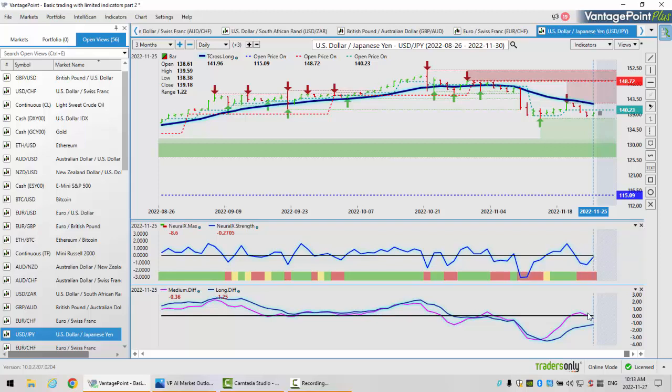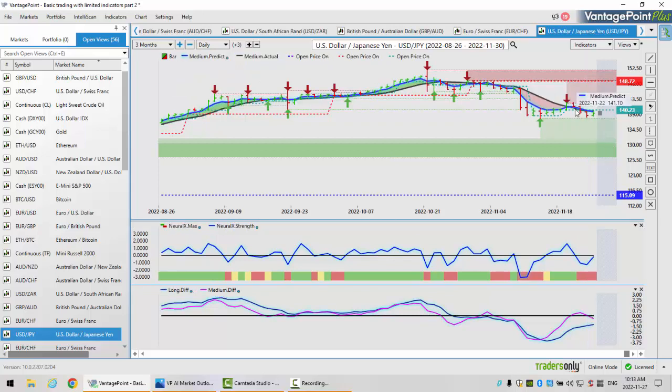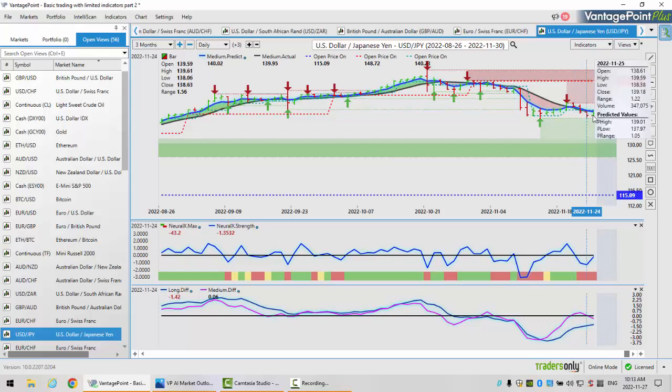My concern is that we moved higher here. Again, if we click on our F7 in our software, we've had a few crossovers going on right here. But right now, it's trying to cross back down to the downside. That's what this pink line shows us. So again, we'll monitor this closely, but I think you'll still have some buyers coming in around 137.68. So the indicators are very mixed with this particular pair, but it will be very, very sensitive to anything that's going on with China and COVID. Some of the protests there are getting a little interesting.